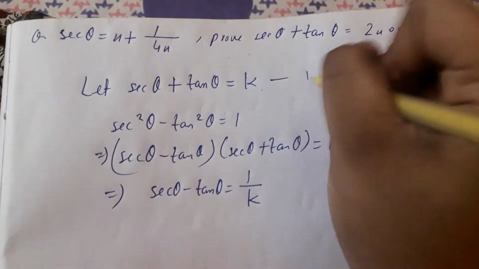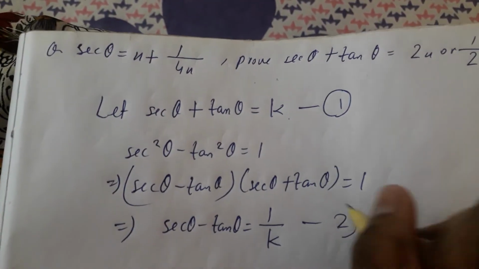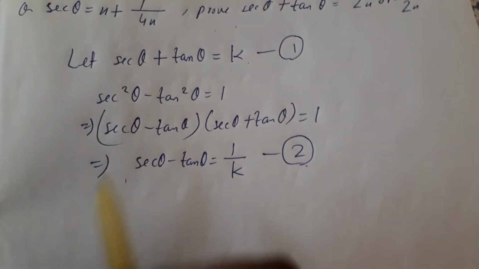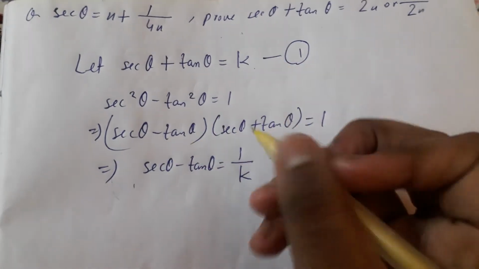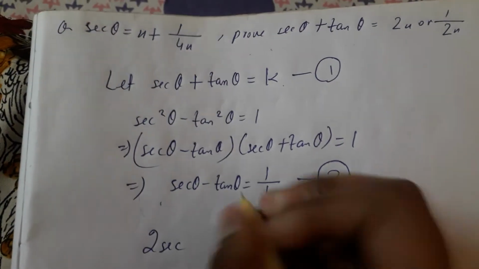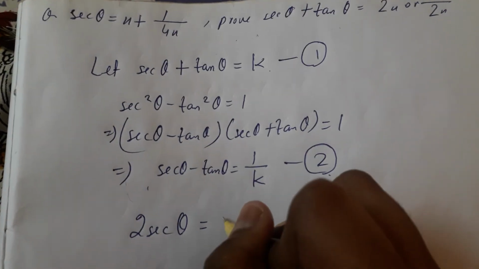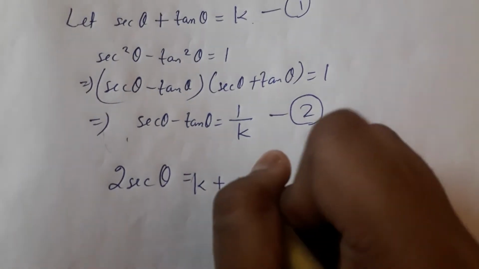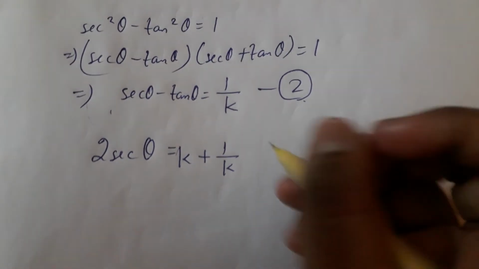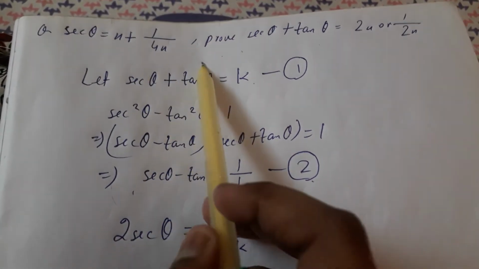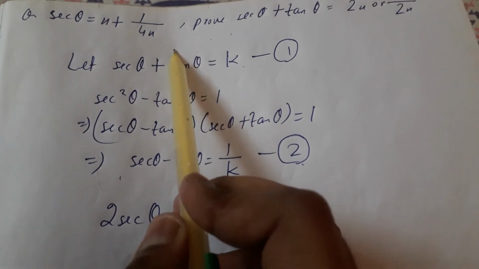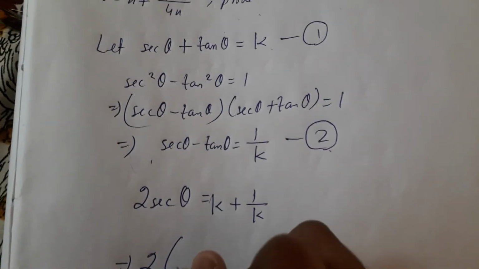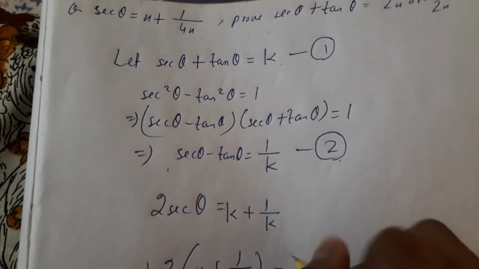Now take this as equation number 1 and this as equation number 2. Now adding equation 1 and 2, tan will be cancelled out and you will get 2 sec theta, which is equals to k plus 1 by k. Okay, now see sec theta is given x plus 1 by 4x. Now put the value of sec theta, that is x plus 1 by 4x